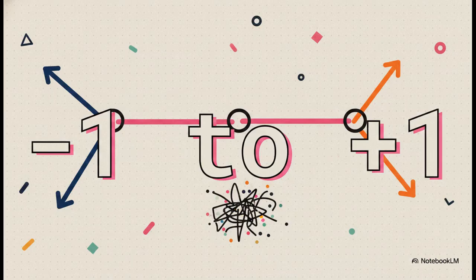And to measure all this, mathematicians handed us this beautifully simple scale. It ranges entirely from -1 to +1. That's it. This strict numerical range is the ultimate boundary for measuring exactly how strongly variables relate and in what direction they're moving. It is incredibly intuitive. A perfect +1, well, that means they move perfectly together. When one goes up, the other goes up, exactly in tandem, kind of like the hours you spend studying and your resulting test scores. Now, a perfect -1 means they move in exact opposite directions. One rises, the other falls proportionately. Think of the miles you drive and the amount of gas left in your tank. And smack in the middle, at 0, that means there is absolutely no relationship whatsoever, just pure measurable clarity.